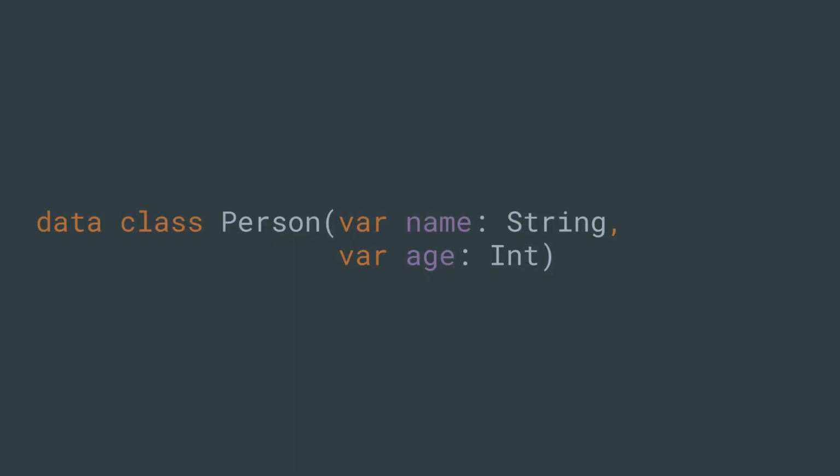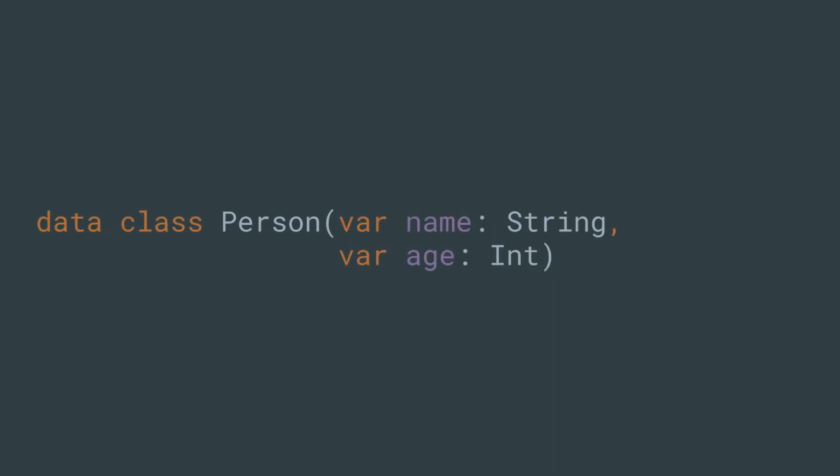Kotlin just simplifies this by giving you the concept of a data class. The only difference between a data class and a regular class is that it also has the properties that you declare in the constructor, but the data class gives you two niceties. It implements all the equals, hashCode and toString methods with some sane defaults that of course you can always override.